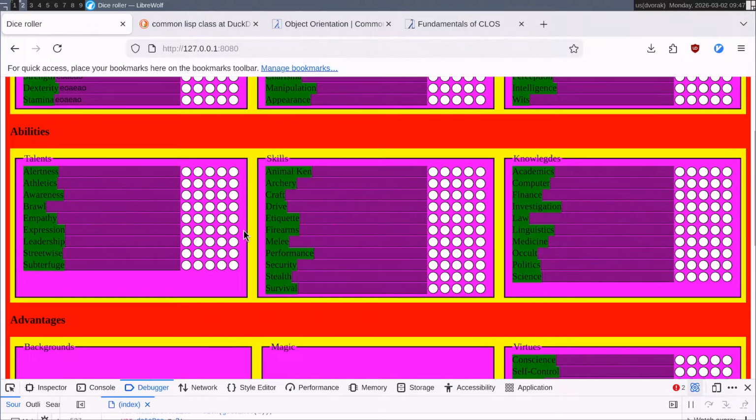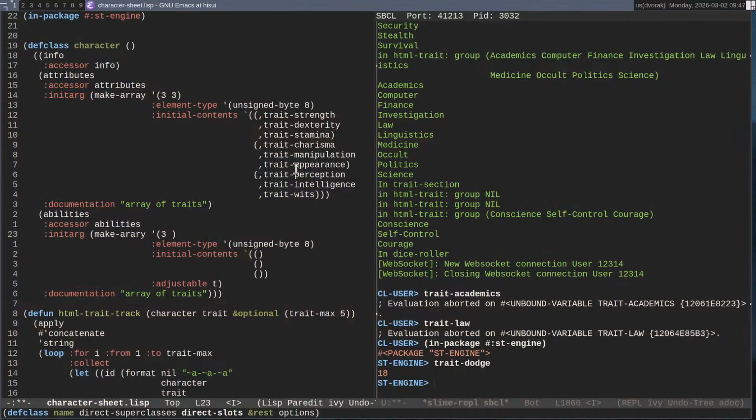So, how many of these do I want? 1, 2, 3, 4, 5, 6, 7, 8, 9. I guess we'll go 10. In fact, we'll go 16, so it's a nice power of 2. Is 10 fine? Hang on a second.